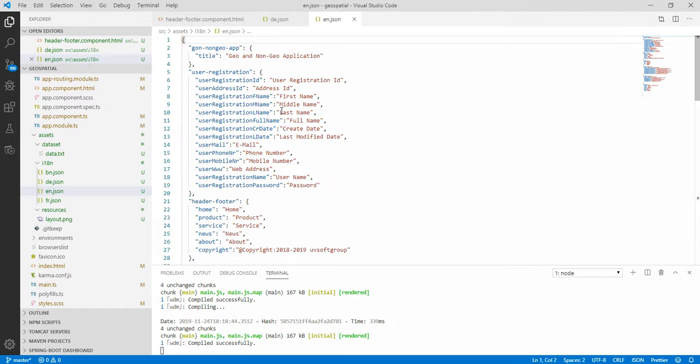You have curly braces, and then you have some geo and non-geo keys, and these are the titles, and then user registration forms, and these are all form attributes or columns. How we said it here, the definition of the keys. So these are the keys, for any language they are the same, but just you need to